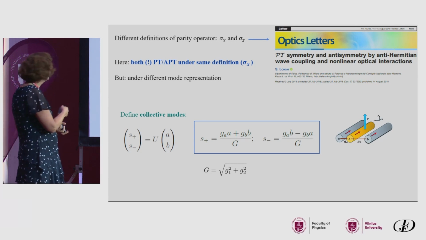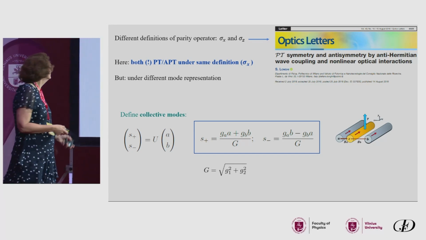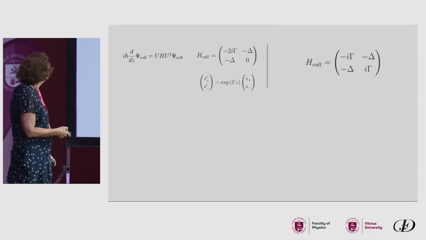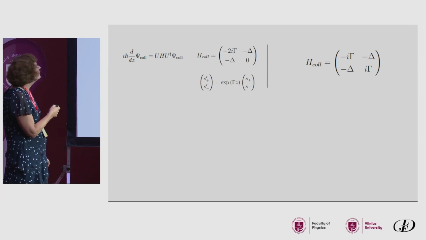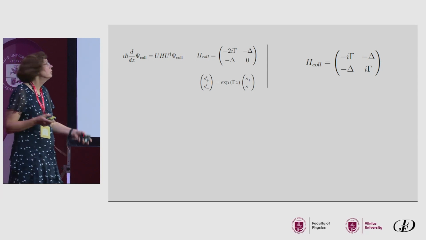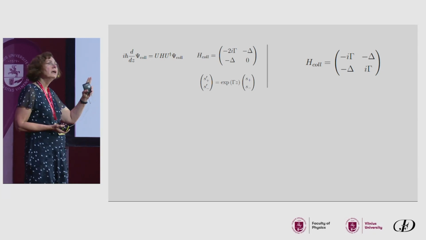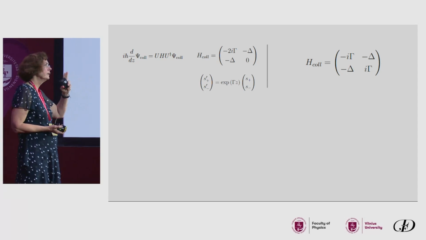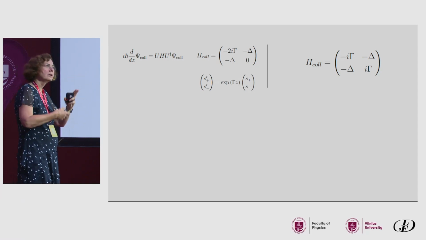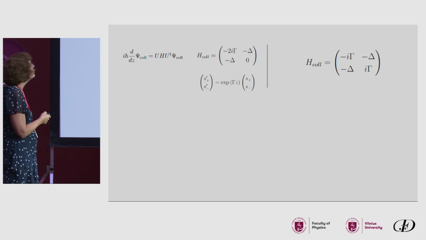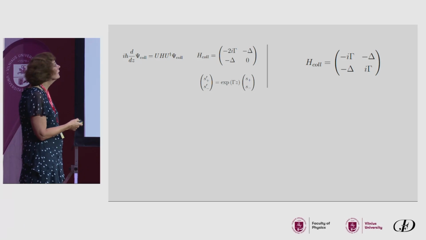If we now define collective modes, and this is in principle inspired by the fact that we have seen the antisymmetric mode dominates, we define the collective modes. And then I look at the Hamiltonian, and at the moment it's not yet in the form I want to have it, but I can do a kind of gauge transformation, effectively redefining what is my 0 point for dissipation. I can choose it to be 0, or I can choose it to be an average over the dissipative couplings. So basically just by changing the reference point, I can make the Hamiltonian look exactly like a PT